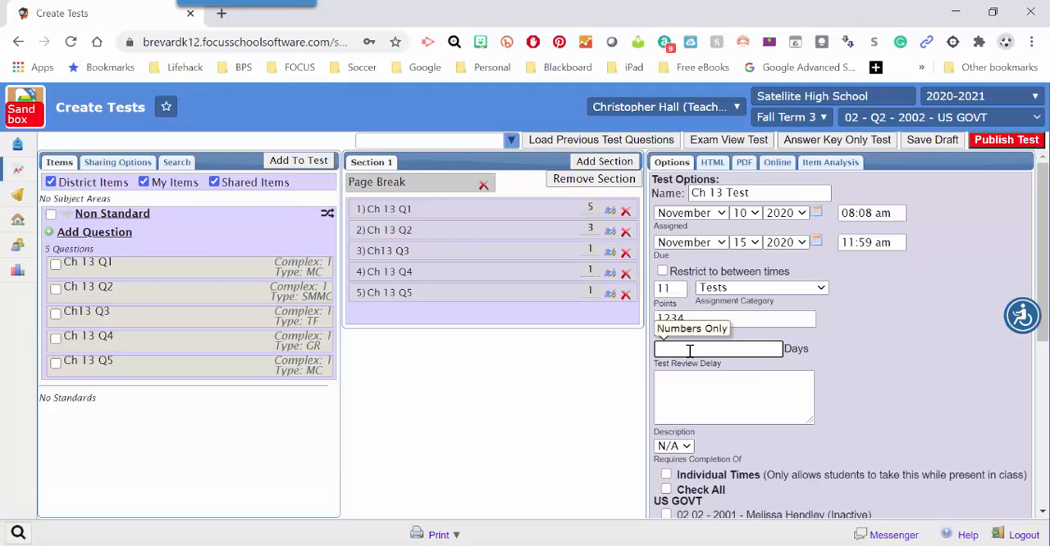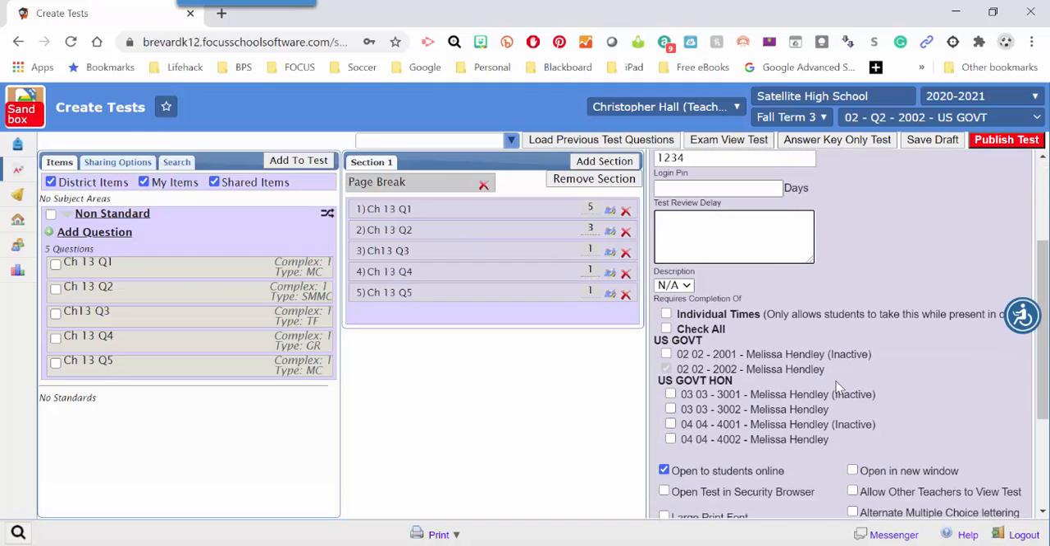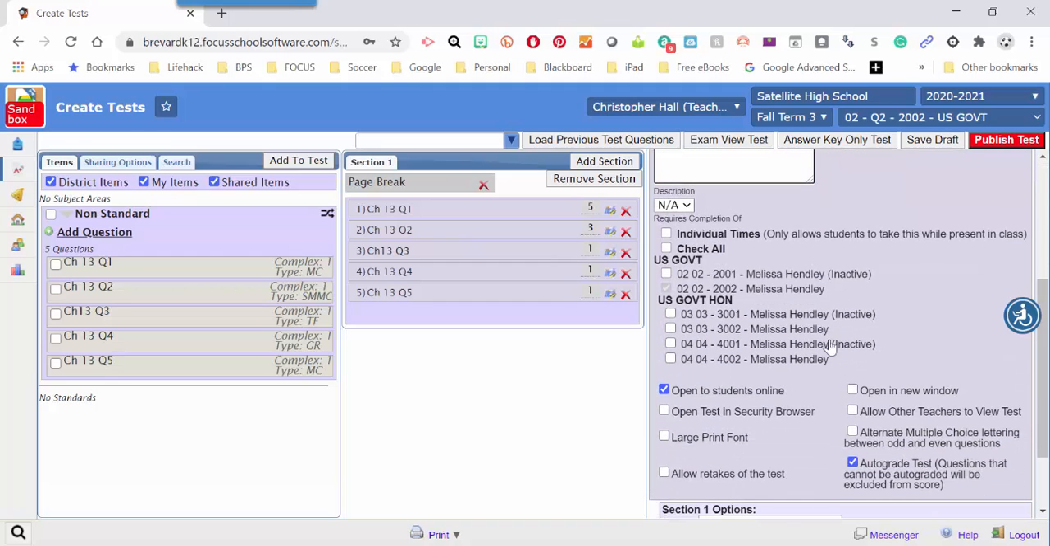You can enter however many days that you want the students to wait before they can review the test and review the correct answers, what you have scored. So this gives you time for students to make up or complete the assignment. The description area is where you can type a description of the test if you choose to. Scrolling down,